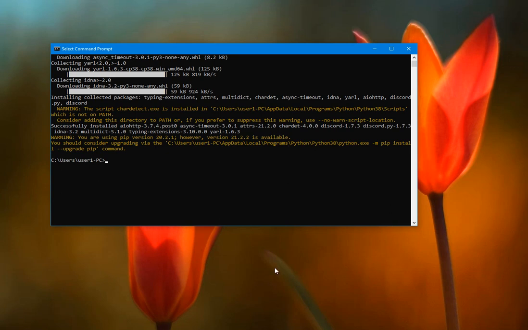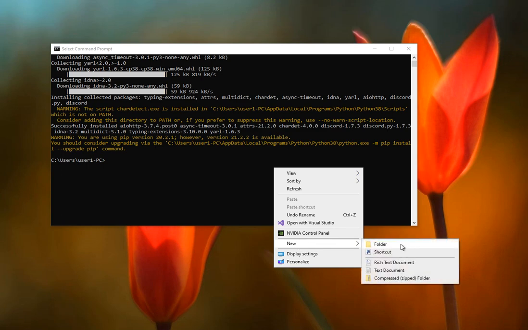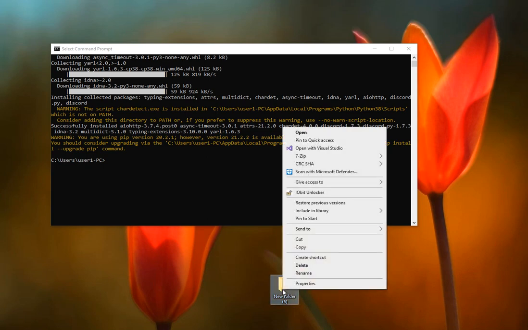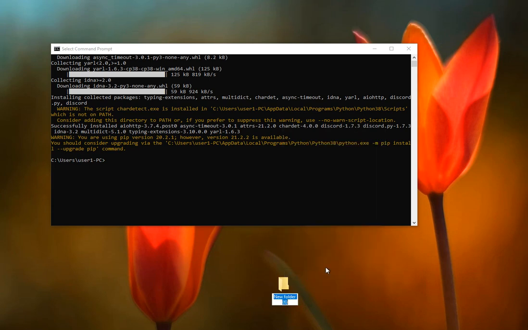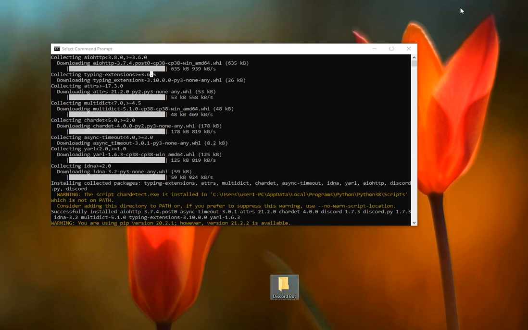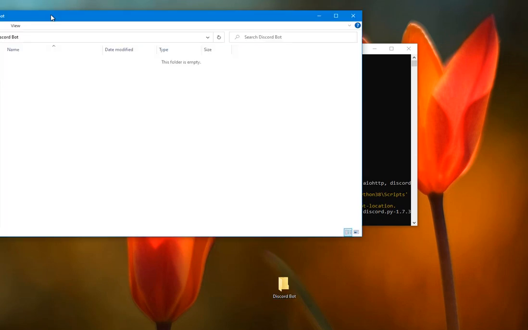The first thing you want to do is create a new folder. You can name it anything, but you can rename it to Discord bot, which is what I'll do. So after you have that and you've updated Discord and everything is alright, let's start. In your Discord bot folder, you want to create